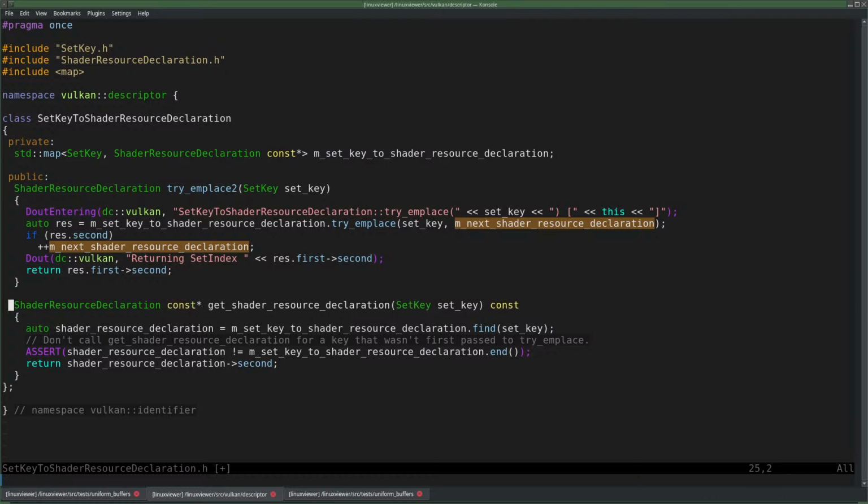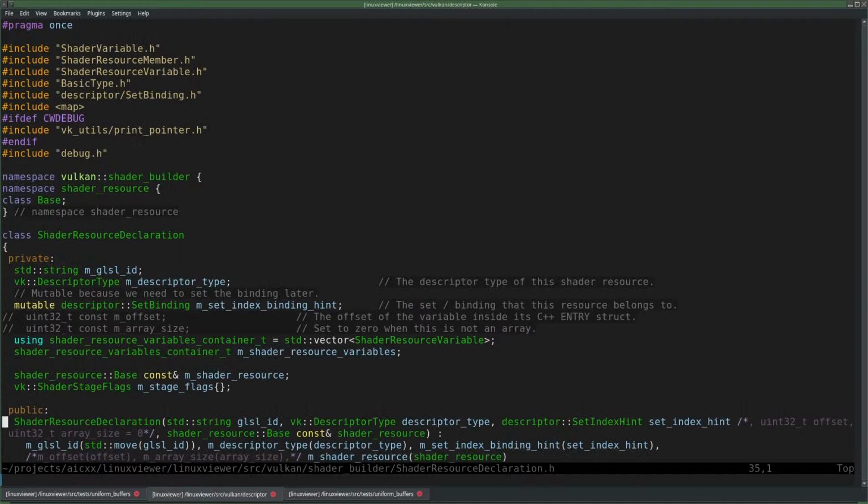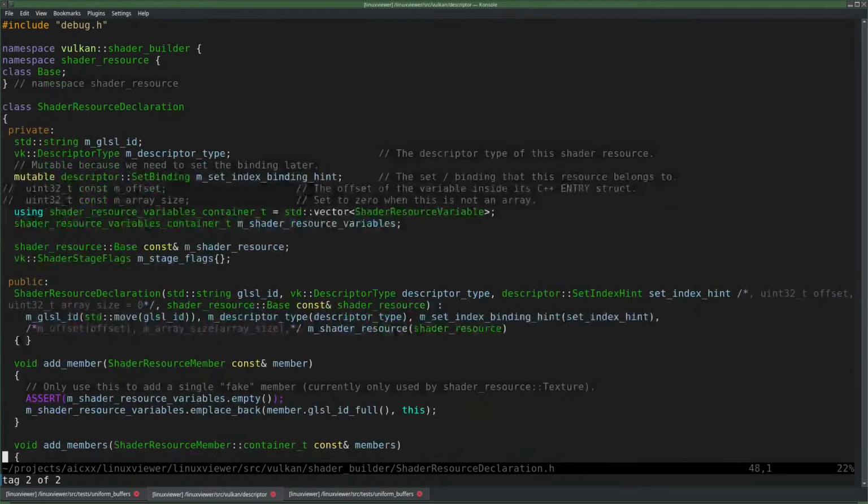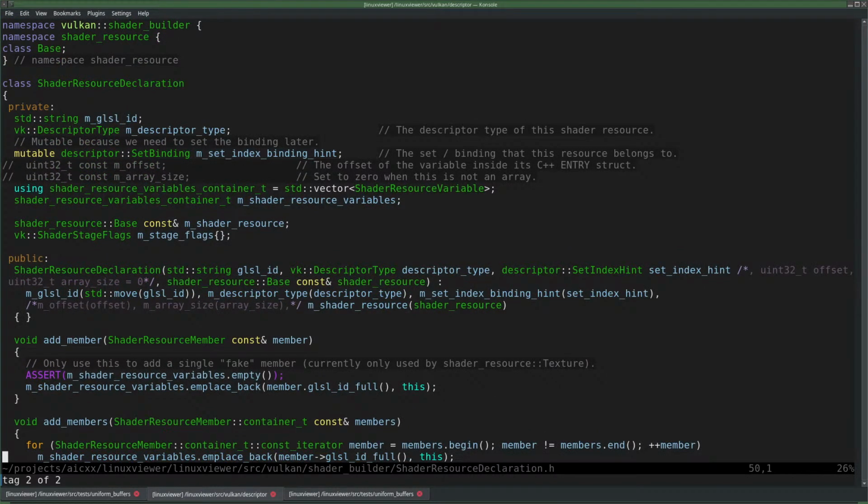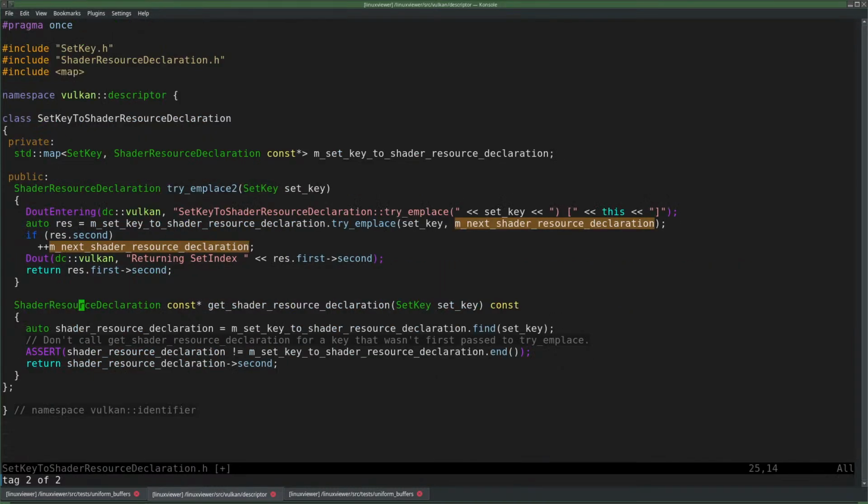I mean, this shader resource declaration is this class. It's a whole thing on its own, and it's probably stored somewhere. Probably 99.999% sure. And